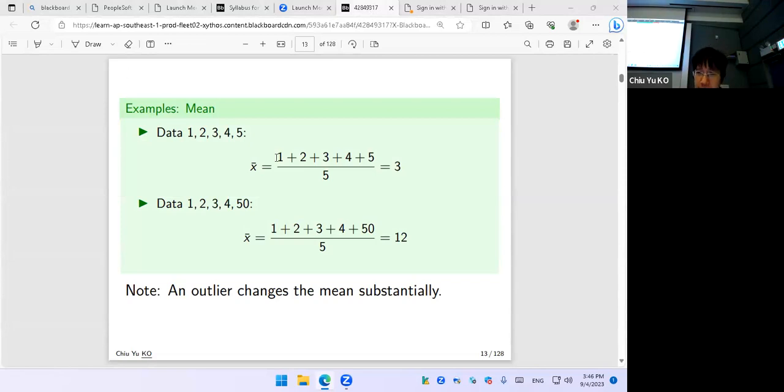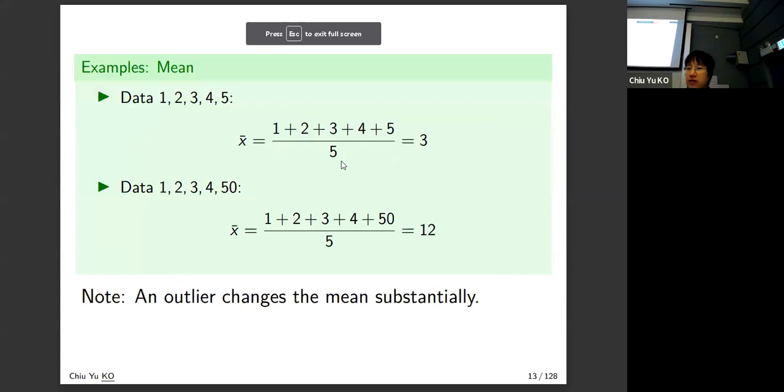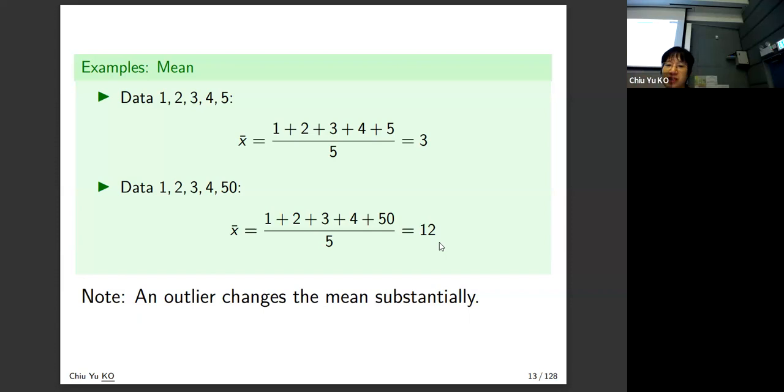Okay. So the mean is rather simple, right? Just adding all the data together and dividing by 5, because there are 5 data points, is 3. And the next one, adding all the data and dividing by 5 again, is 12. One thing you can see from this example is that if you accidentally put a 0 at the last one, which may happen, your mean will increase substantially. That means your mean measure is very sensitive to outliers. When you have a large data set, not a problem. When it's a small data set, that can be an issue.